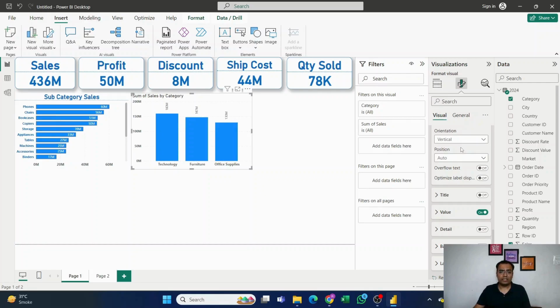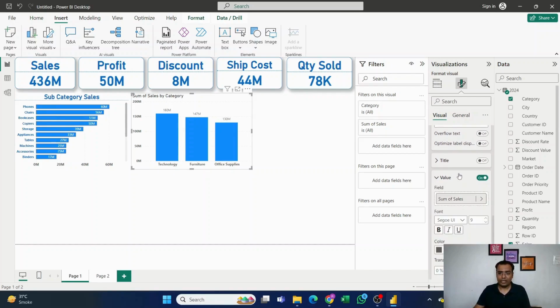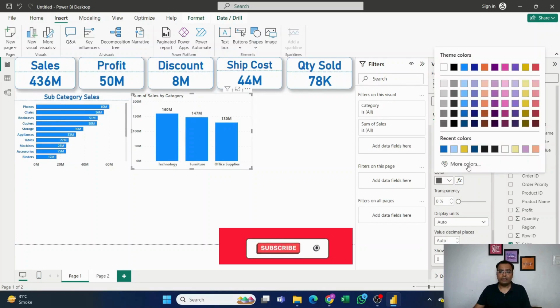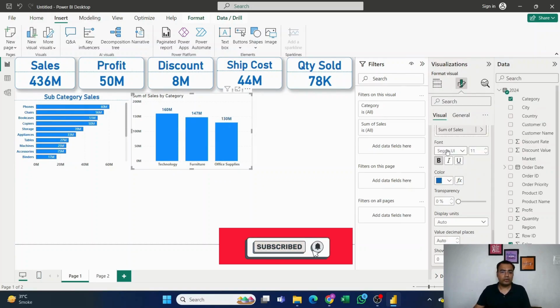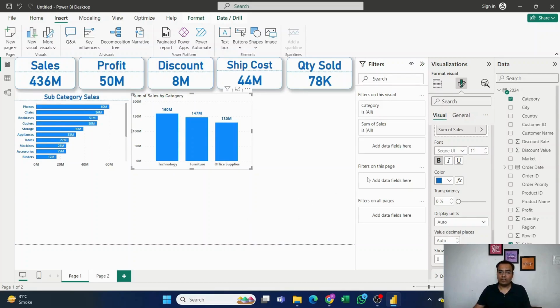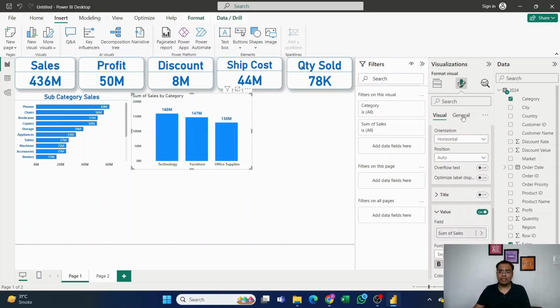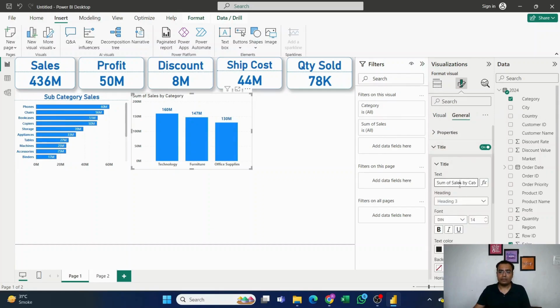Label orientation I can also change, vertical or horizontal. I'll put it horizontal. Under values, I'll make it bold so that it can be visible. I can increase the size of it also. And I can change the color to blue based on my theme so that it can be clearly visible. And now the last part that I need to do is change the title to category